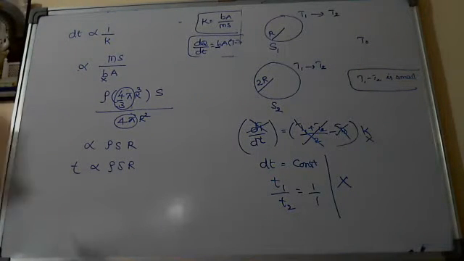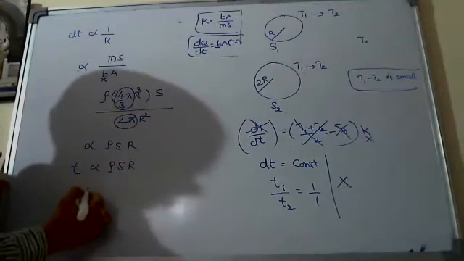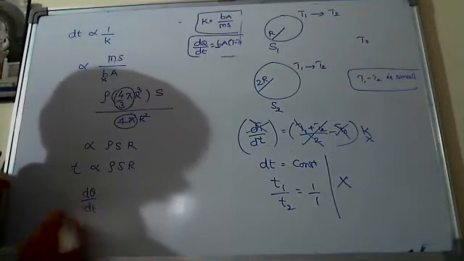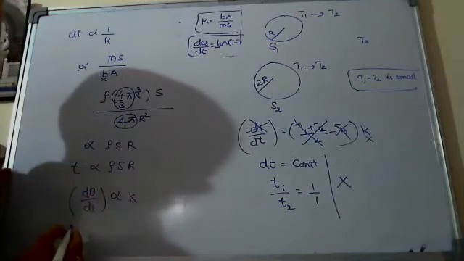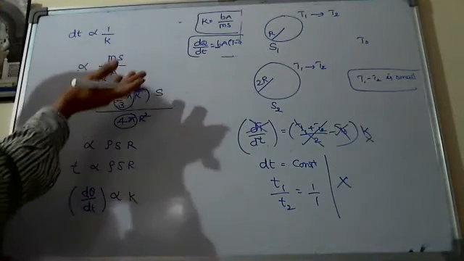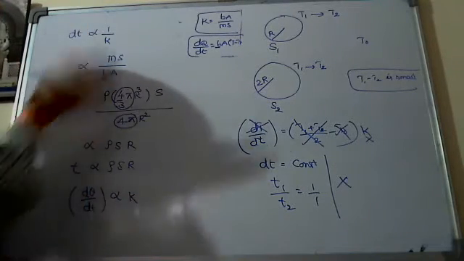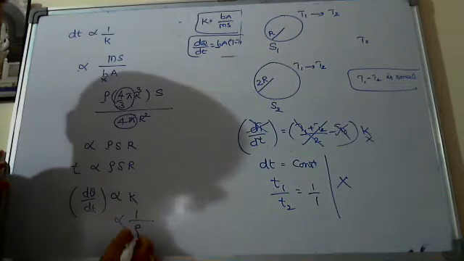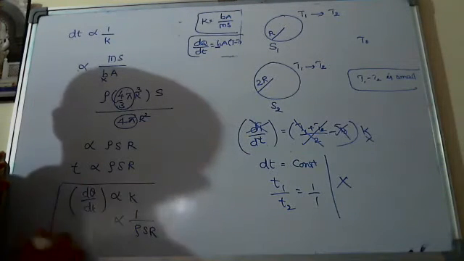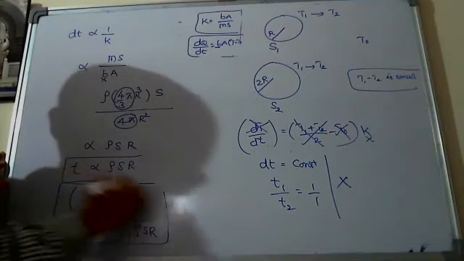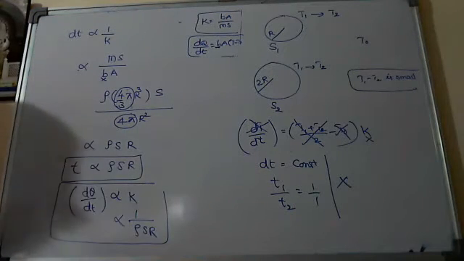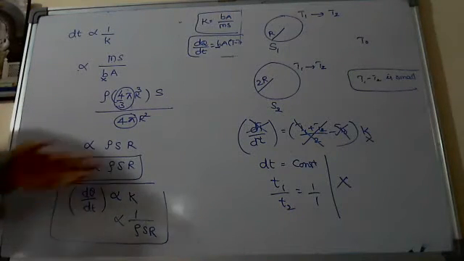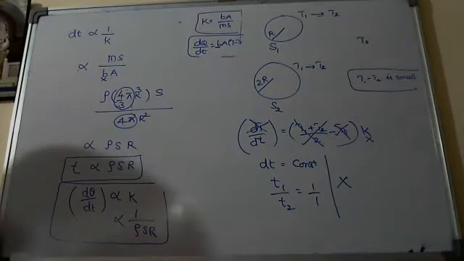If they ask the d theta by dt ratio, the rate of cooling, rate of cooling is directly proportional to K. Directly proportional to K means BA by MS. That is inversely proportional to rho S R. So whatever he is asking, you try to put the option number. For times, the ratio you can say is rho 1 S1 R1 by rho 2 S2 R2. But here, for the ratio of rate of cooling, it is rho 2 S2 R2 by rho 1 S1 R1.